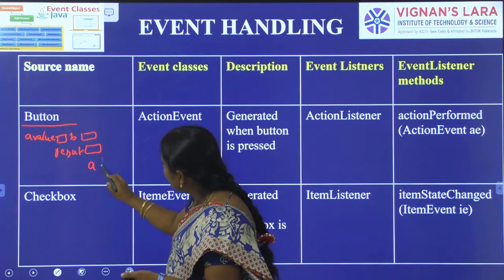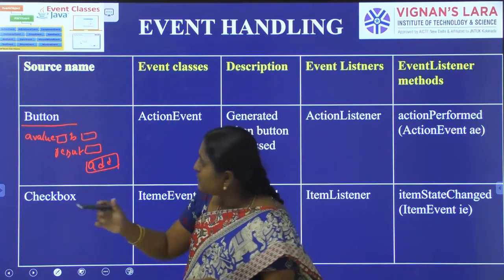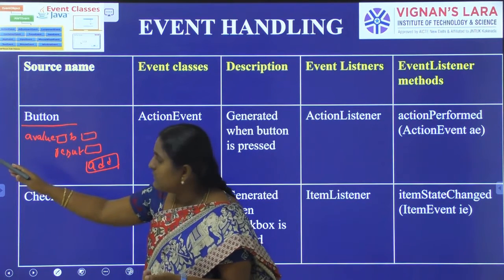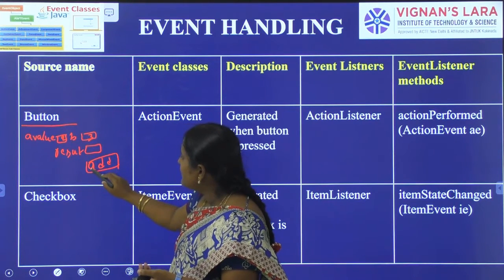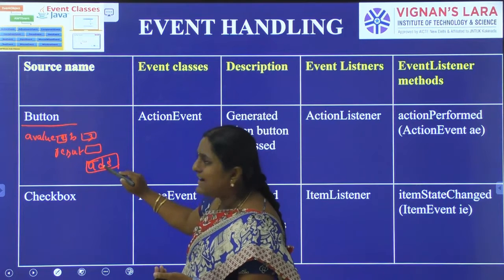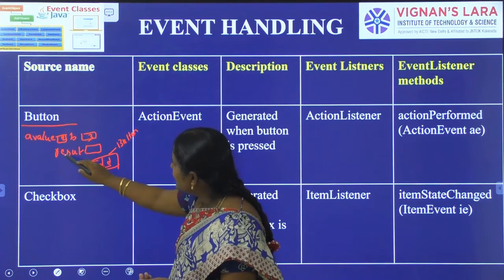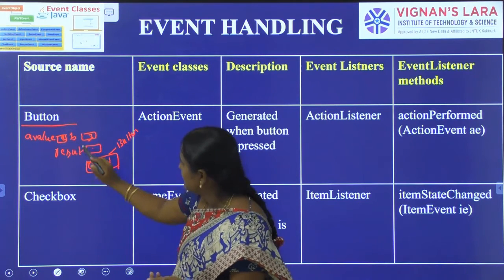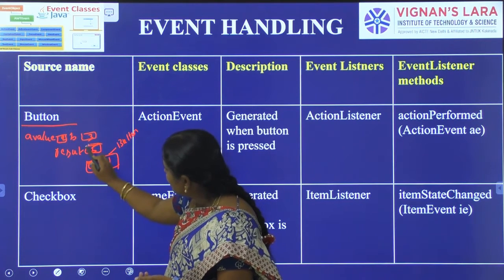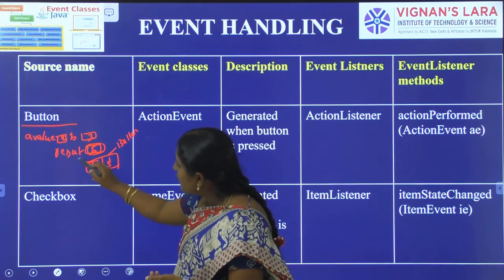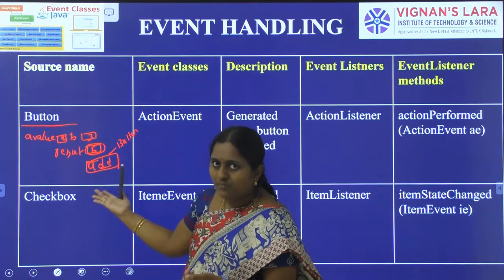Next, we are taking input values from the keyboard. Suppose at runtime it asks to enter a value, entering 2 and 3. Whenever you click on the add button, which is a button, the result is stored in the result text field: 2 plus 3 equals 5. Initially it is empty. Whenever you click on the add button, it will change to some value.